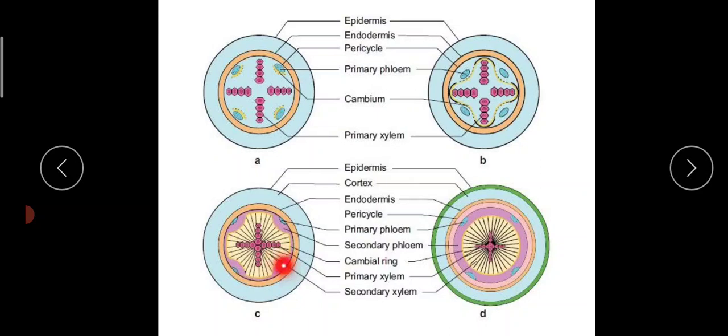That causes the cambial ring and the primary phloem to be pushed to the peripheral region, and it gets crushed. After that it becomes circular, and after becoming circular, it has uniform activity and cuts off the same amount of secondary xylem to the inner side and secondary phloem to the outer side, and then it is followed by the periderm formation. That is all about secondary thickening in dicot root. Thank you.